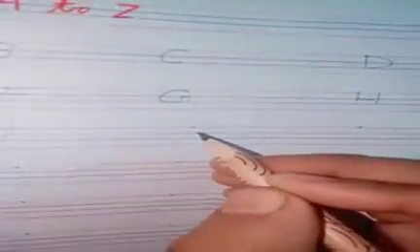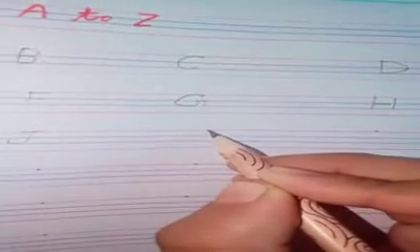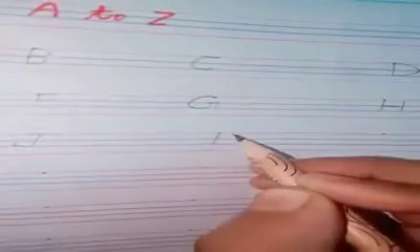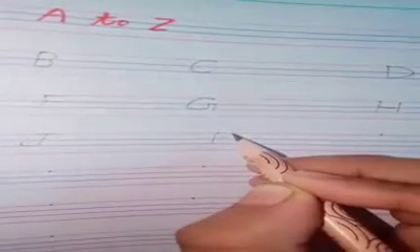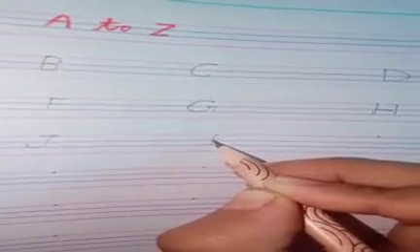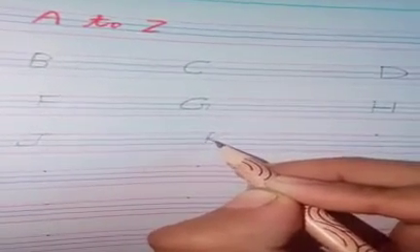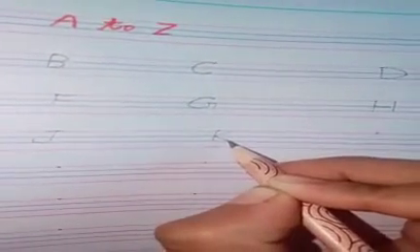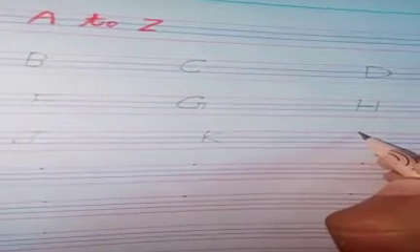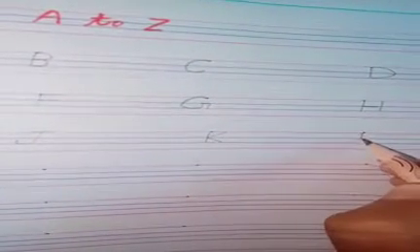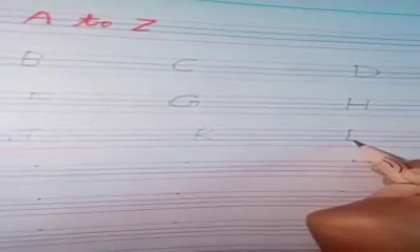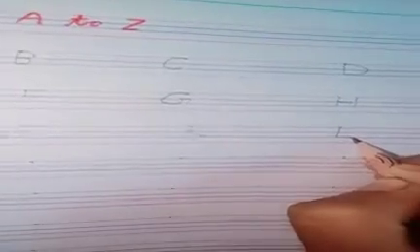J after K. Capital K. Start capital K. Standing line down like this. Go back to the top and draw a slanting line to the left down like this, and one more line till the bottom like this. Capital K. K after L. Start with a standing line down like this, and from the bottom a sleeping line to the right. This is capital L.